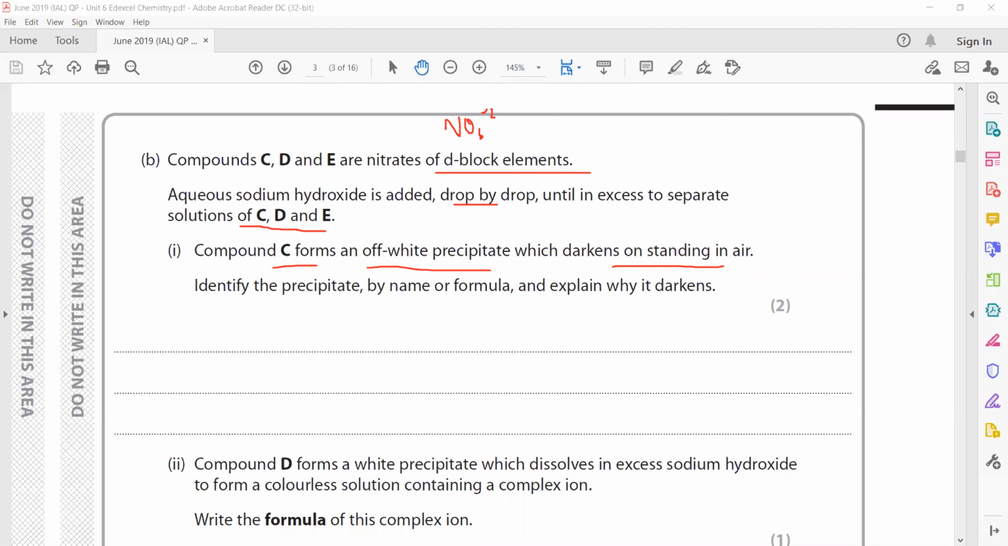So what is the reason why it darkens? Basically, this precipitate is manganese hydroxide. And why is it darkened? Because this manganese hydroxide is oxidized or reacts with the surrounding air. That's why the color of this precipitate changes. So what is the precipitate formed? The off-white precipitate is manganese hydroxide,